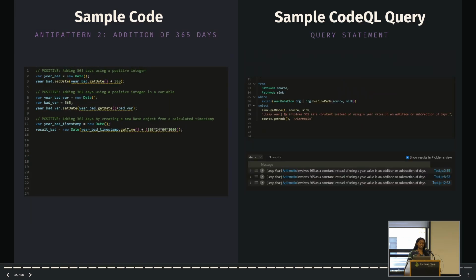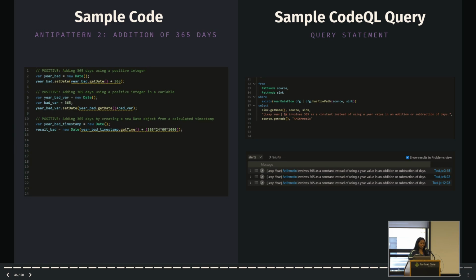Now that all of that is done, we can finally write the select statement, and that's the true part of a CodeQL query. It includes a from, where, and select statement. The from statement chooses the variables that will be used in the query. The where statement defines the bounds of what would be chosen, and the select statement is the output of the overall block of code. Here, we say that given a source and a sink, where there is a year data flow with a path from that source to that sink, we can select those values with a message explaining the problem. This is similar to an SQL select statement, though some of the syntax is just weird and it's something you end up having to get used to, and you look at the references a lot.